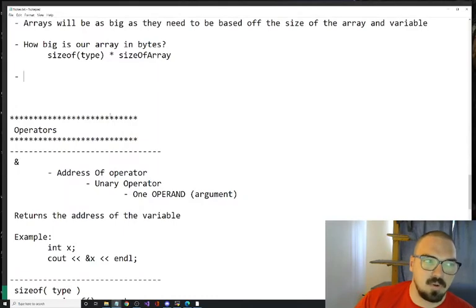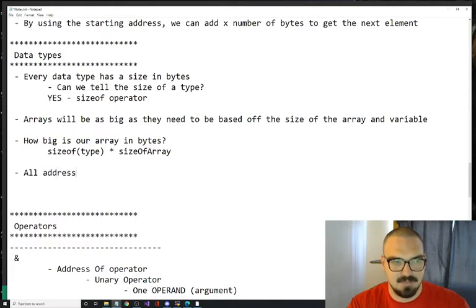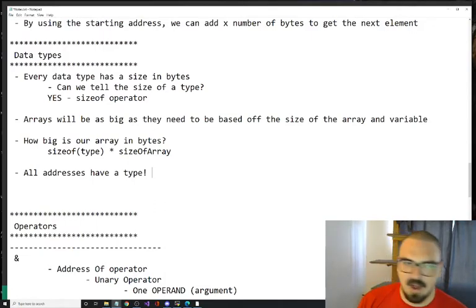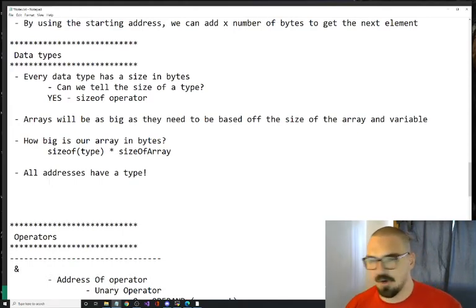All right. So we're going to get into our pointers talk now. So the first thing I need to say is all addresses have a type. We say, yeah, well, they're a hex number, obviously, but it's more than that. The address contains what type it's holding, basically. So the address's type is saying, I'm holding an int here, or I'm holding a double.